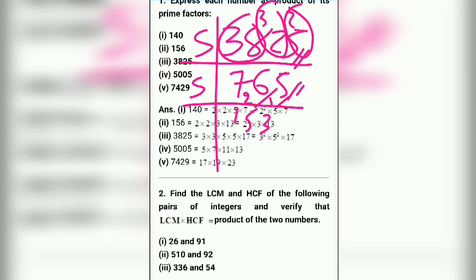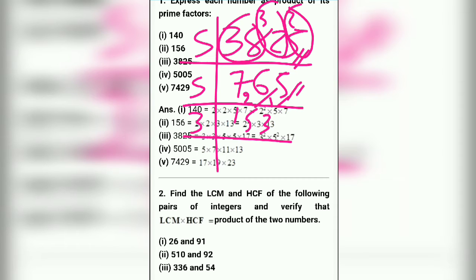Okay, now we have unit digit 3, so we cannot divide by 5, we cannot divide by 2. Okay, so which number can we take here? Just do the addition of all these 3 digits. So 1 plus 5 is 6, 6 plus 3 is 9. 9 is divisible by 3, so this number is divisible by 3. This is the divisibility test of 3, right? If the sum of all the digits is divisible by 3, then the number is divisible by 3. Here, if we do the sum of digits, 1 plus 5 is 6, 6 plus 3 is 9. 9 is divisible by 3, so 153 is divisible by 3.